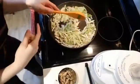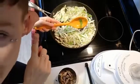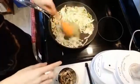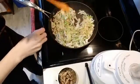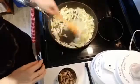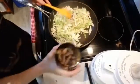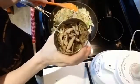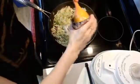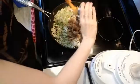So you always want to be listening. Look at my extra super hearing. You always want to be listening and hearing the volume of the sizzle. That will tell you how hot it is. So this is about halfway cooked. I'm gonna add my little extras, and my tip for you guys is to always be cooking. It's easy to make something delicious when, you know, my lunch that I'm making, which